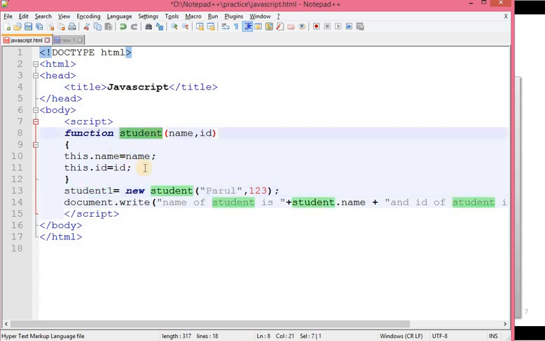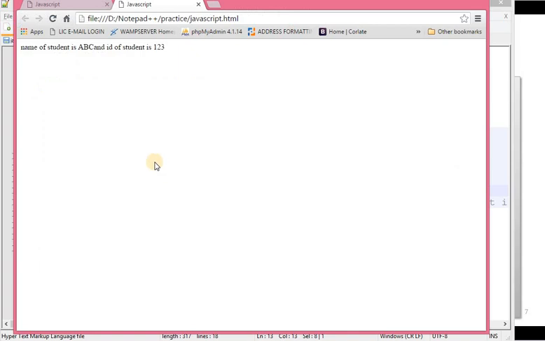So who is calling here? student1. So this line is for this object, that is student1. So this.name means it is referring to the object that is calling this particular method, and over here student1 is calling, so student1.name is equal to parul, and student1.id is equal to 123. Save this, and you just need to refresh this page.